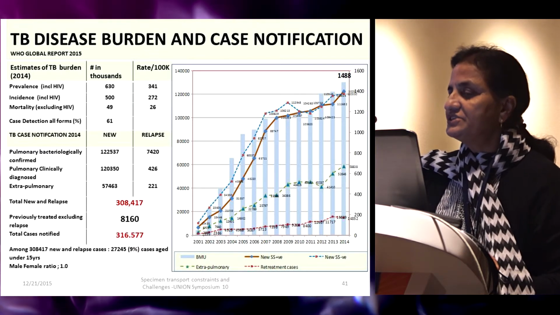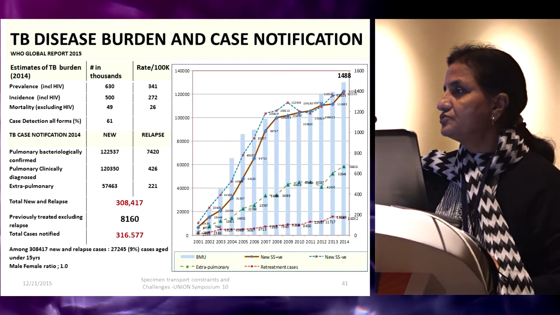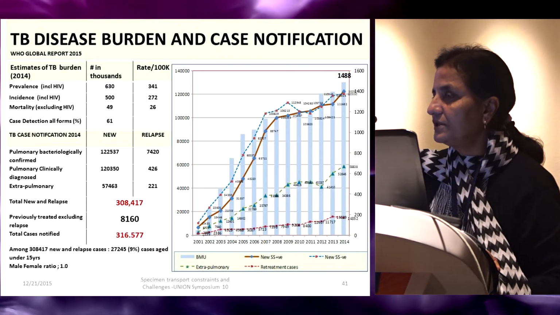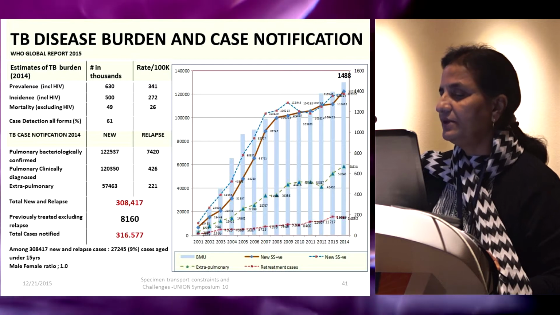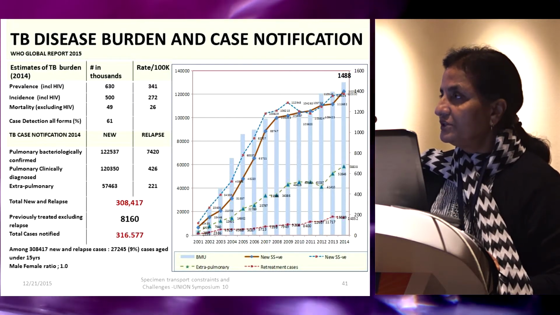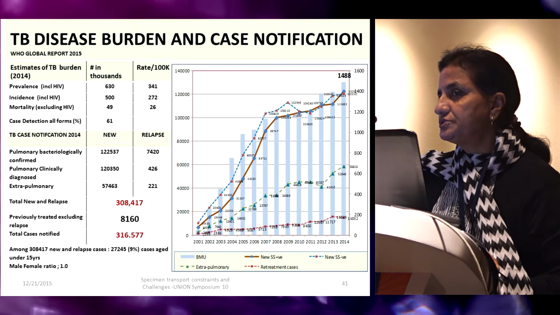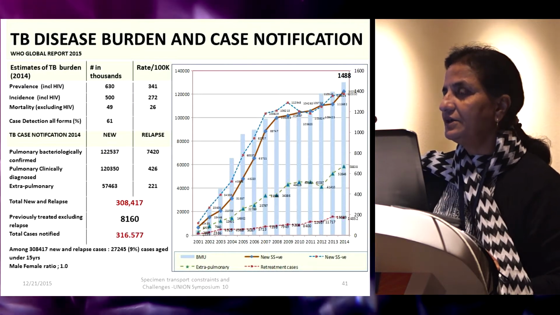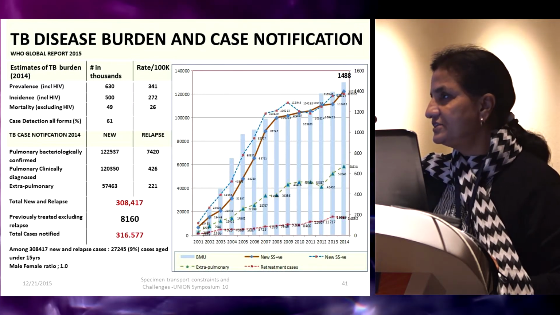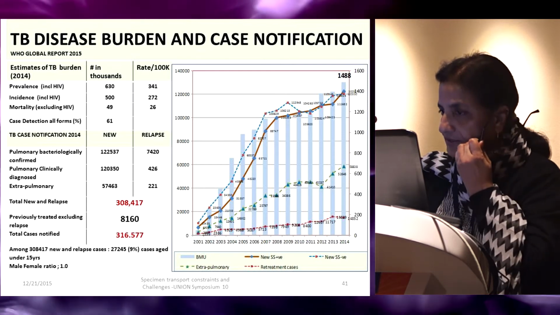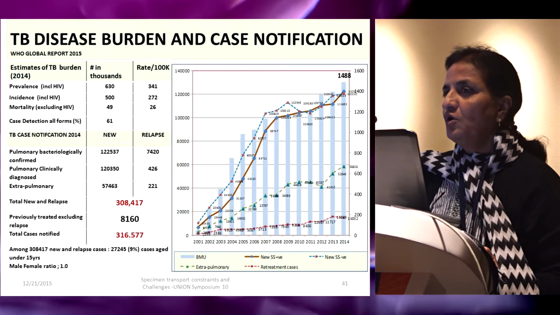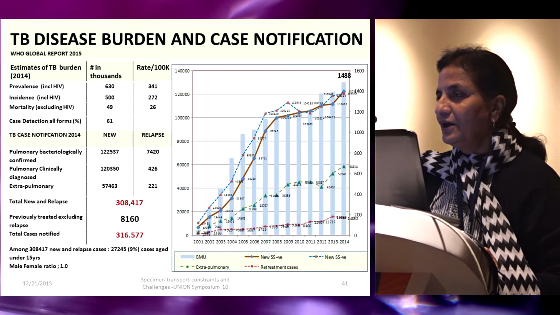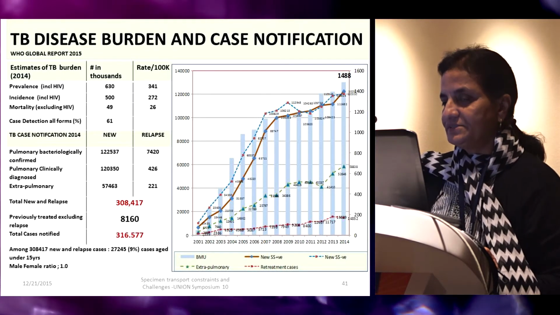And of the total cases notified, around 110,000 were smear positive, the same 110,000 were smear negative, around 52,000 were extrapulmonary, and 14,000 were retreatment cases. Highlighting these, when we implement some policies, if you go for universal DST, even in phases, what would it mean? How many people need to be tested?